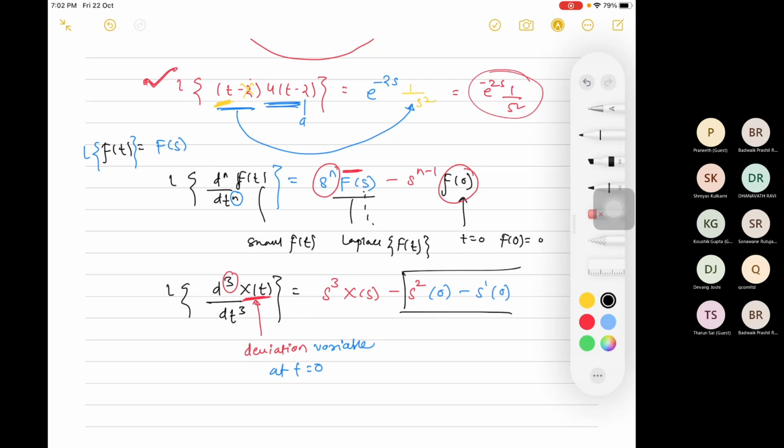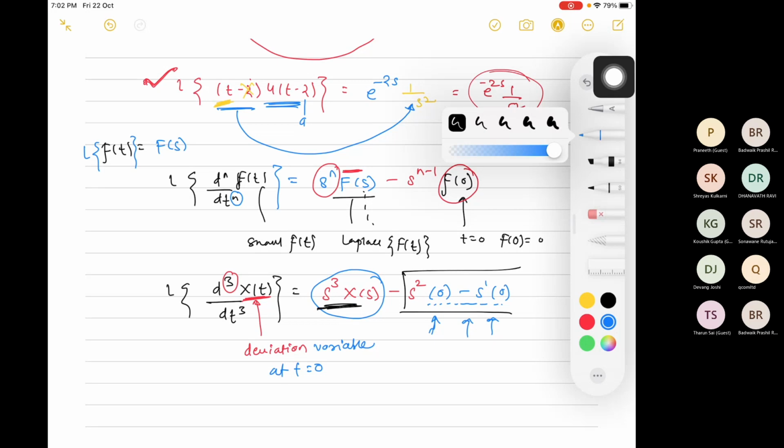So in process dynamics, we only worry about this term, because everywhere the deviation variable's value at time t equals 0 is asked. That's why we are putting 0 over here and nothing else. You don't need to worry about that, and this is your answer. Now you take a screenshot here. This is very important, and first shifting and second shifting are important. For the others, you may take notes from your batchmates. Their Laplace portion was already done, so they know Laplace much better. So you will practice from their notes now.